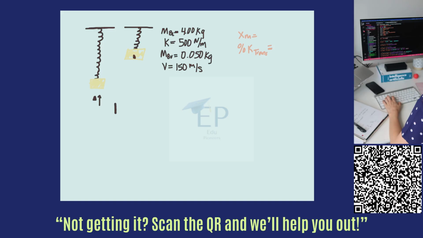So we'll have the equation mass of the bullet times the velocity of bullet will equal the mass of the bullet plus the mass of the block times the final velocity after the bullet strikes. And we're going to solve for the final velocity, so we're going to solve for VF here. So we're going to rearrange our equation so that our VF